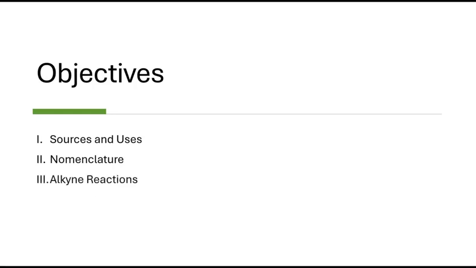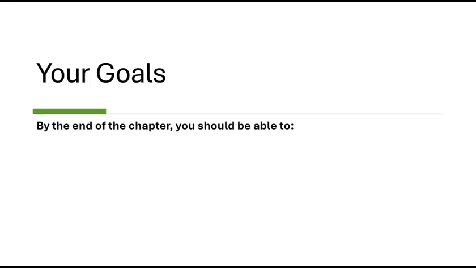Alkynes, Chapter 9. Objectives: 1. Sources and uses. 2. Nomenclature. 3. Alkyne reactions. 4. Synthesis of alkynes. And 5. Synthetic strategies. Your goals. By the end of the chapter, you should be able to indicate sources and uses of